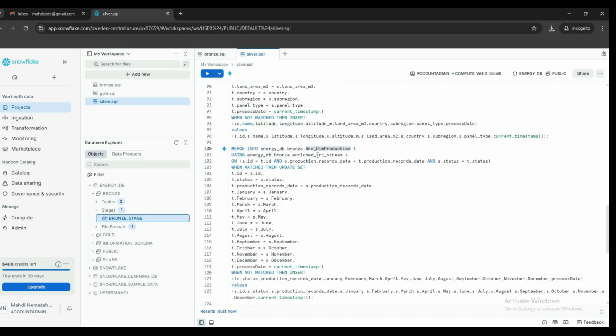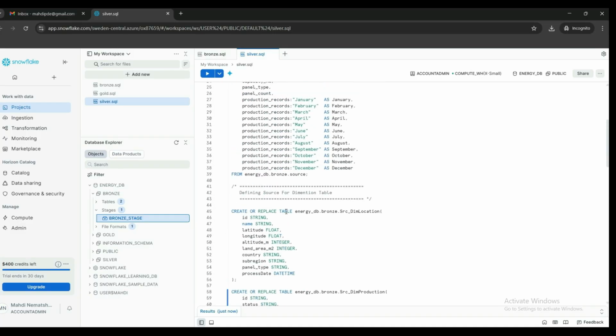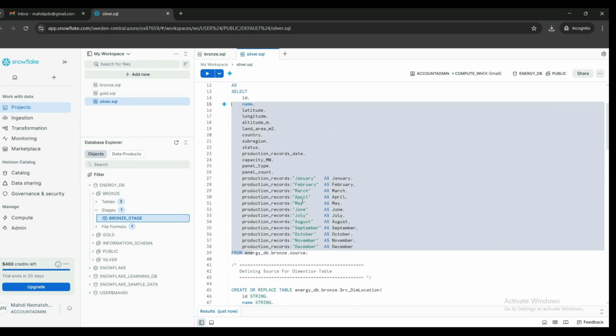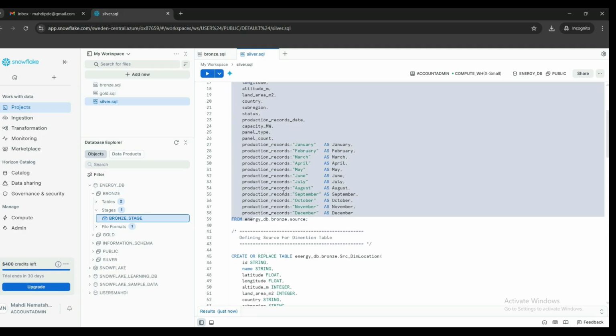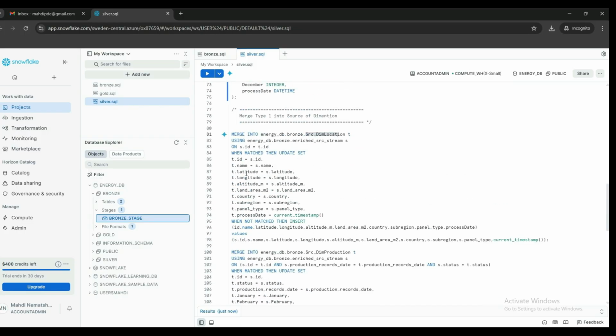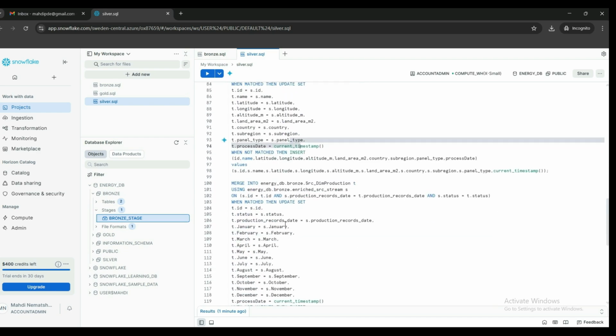And we use the enriched source stream that we already created here, this table. So this is the source. When we load our data and transform it into the table, we merge type 1 into source dim location and source dim production, and we selected only the columns that we need for the gold layer, for the finalized dim location and finalized dim production table. So